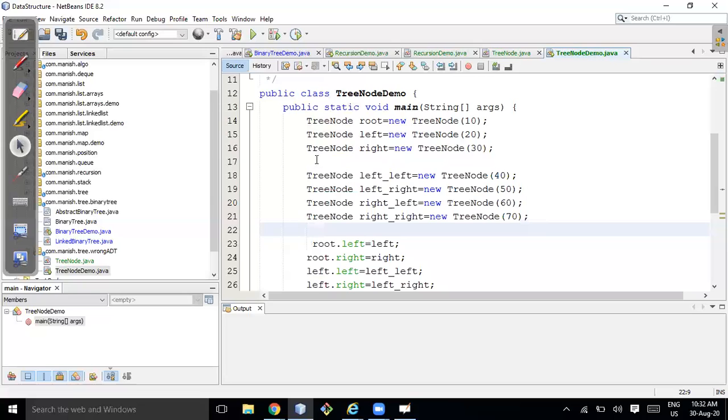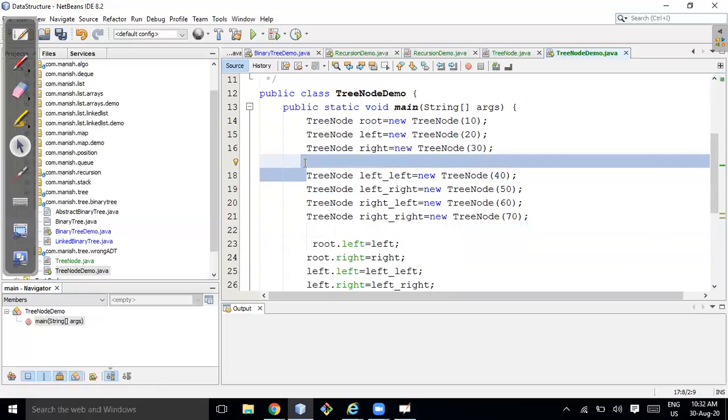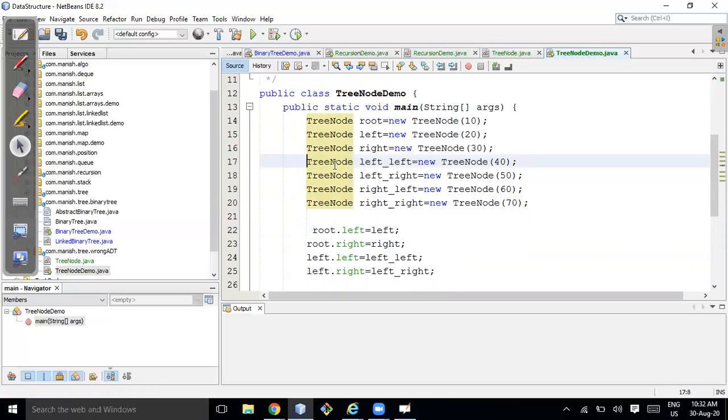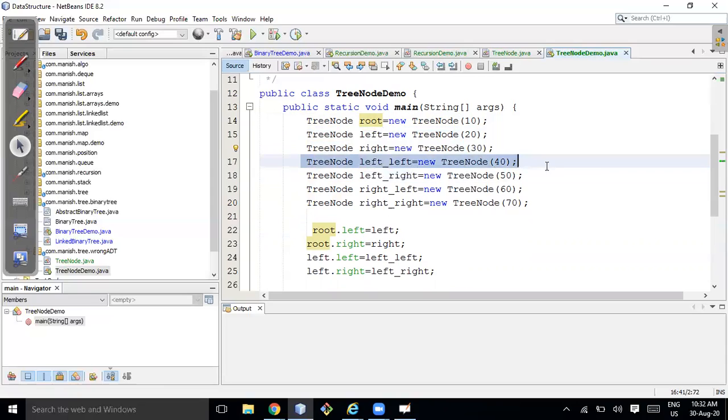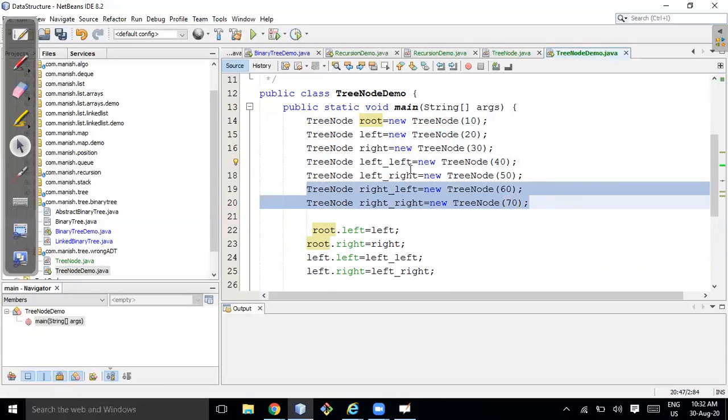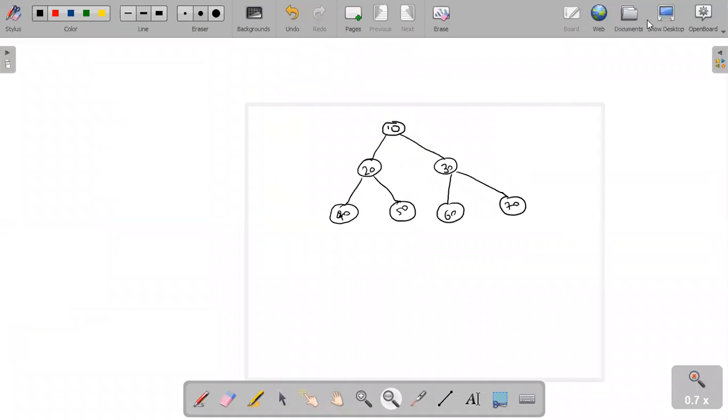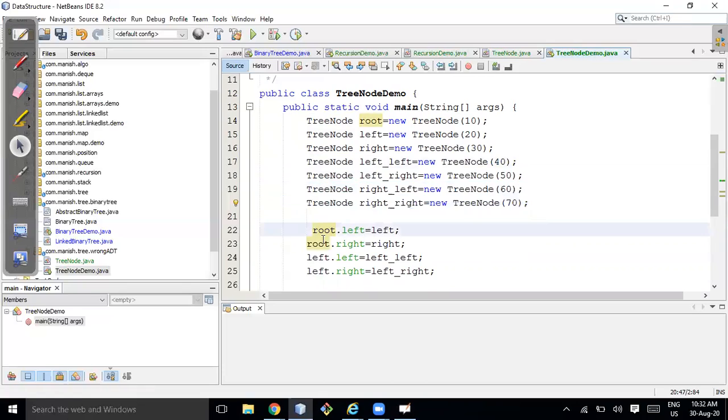How many nodes did I create first? I created the root node, then left and right nodes, then left of left, then right of right. So total 2, 4, 6, 7 nodes have been created. So I created 7 nodes. After that, for root of left, I am assigning this node.